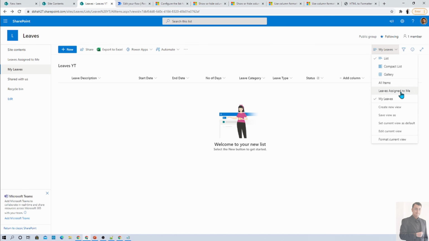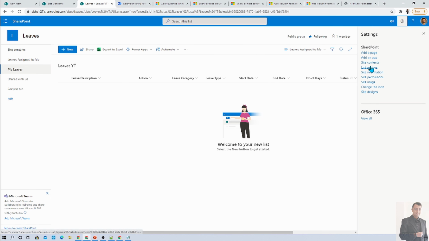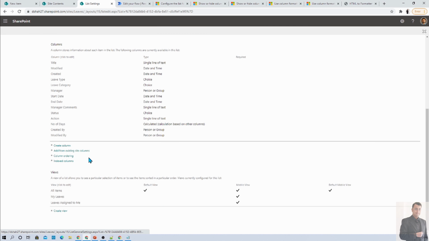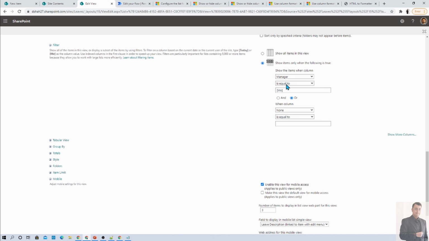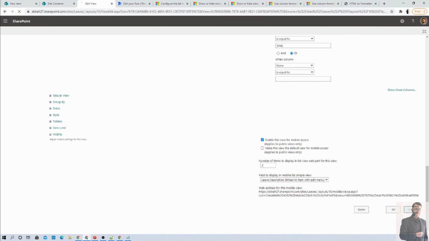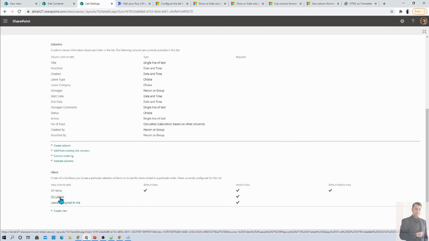Now similar way, let me configure the leave assigned to me. So where manager is equal to me, that view is looking like this one. Now let me just arrange this thing as well. So action button is there, start date, end date, and status is going to be showing here. And if I'm showing you the view setting from the list setting, then it will look like this. Leave assigned to me. So where manager is equal to current user, I applied that condition. Manager is equal to me, right? And in a request assigned to me, meaning my leave section, I have applied created is equal to me, right?